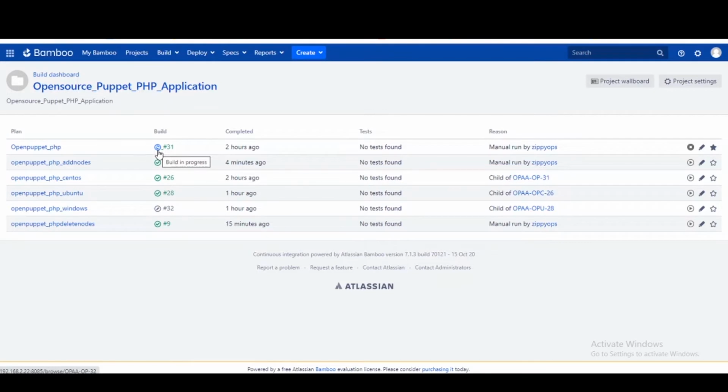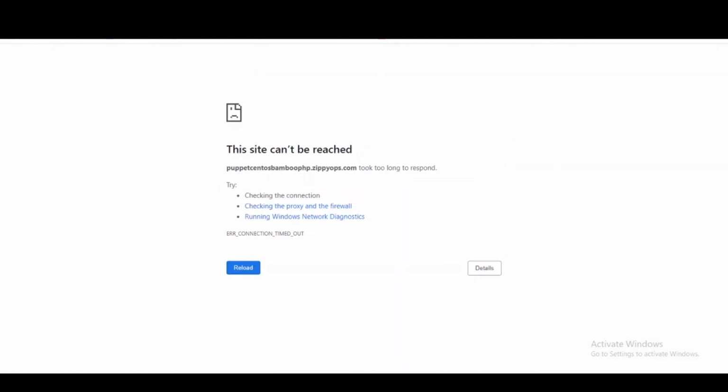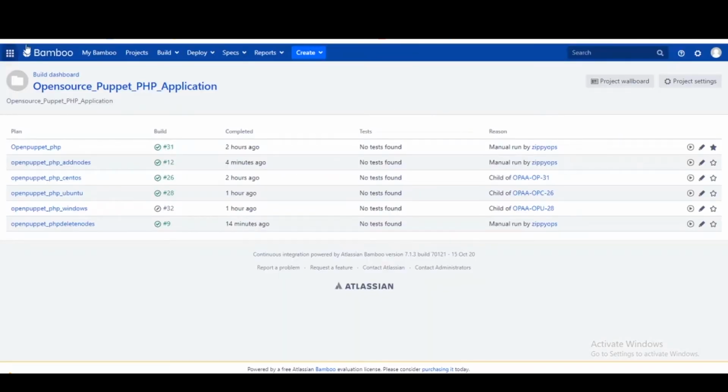First, let us check the PHP application web pages. This is the PHP application web page for the CentOS server. This is the PHP application web page of the Ubuntu server, and this is the PHP application web page of the Windows server. So, all 3 servers' web pages don't contain any content because the code deployment has not been triggered yet. Now, let us see how the continuous integration and continuous deployment of the PHP application happen via the